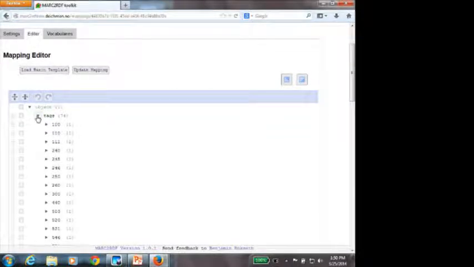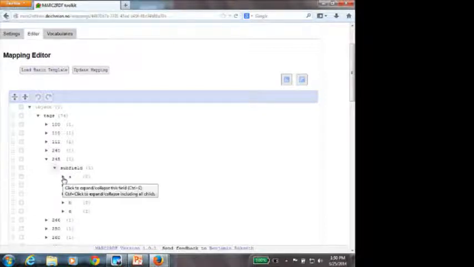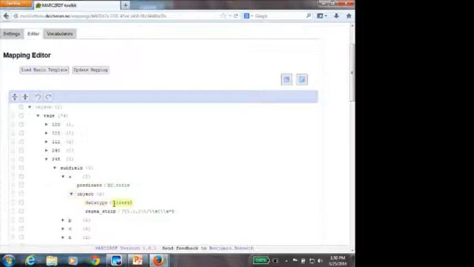Basically, it just lists the MARC fields that you want to express the contents from and states what you should do with them. So let's take the simple one first, 245, that's the title and responsibility statement. And the contents of subfield A is the main title of the document. And we state that this should be connected with the resource with the predicate DC title, and that the object should be of the type literal.